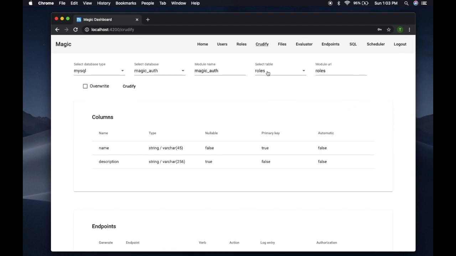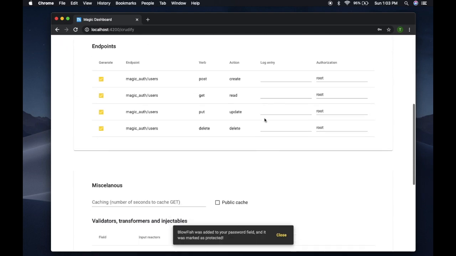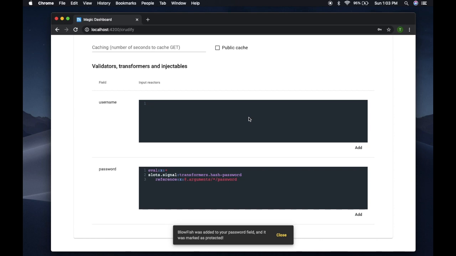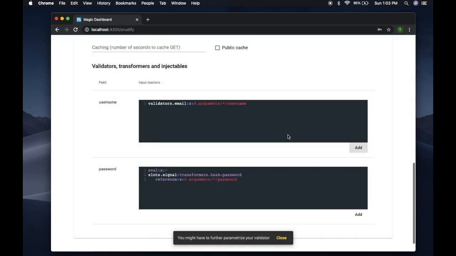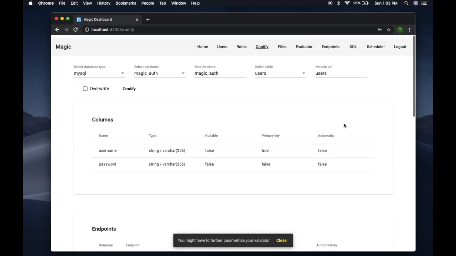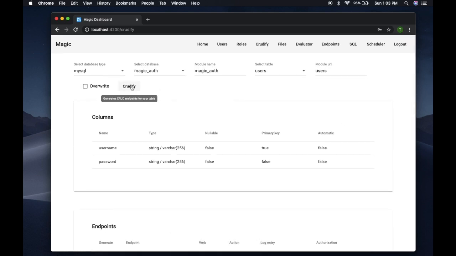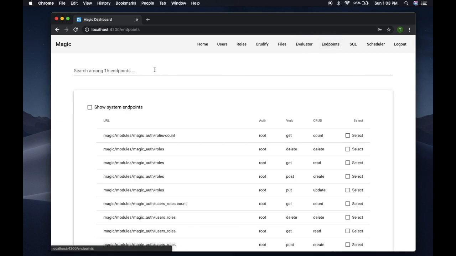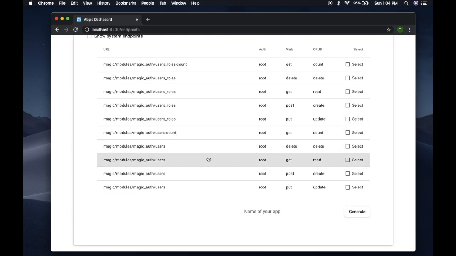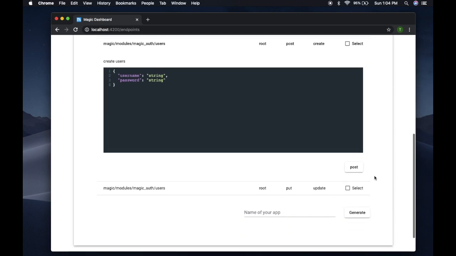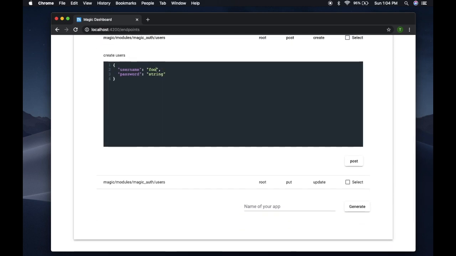Typically, for instance, when I'm crudifying my users table, I might want to make sure that only emails are applied as new usernames. Well, if I want to do that, I choose the validators.email here, okay, and then I crudify my users table afterwards. Now, of course, I have to overwrite because this endpoint already exists. If I now go to my endpoint, for instance, and I find users, and then I find the get or the post endpoint here, and I try to add a username who's not an email,